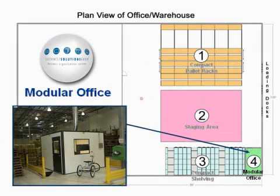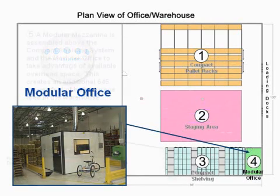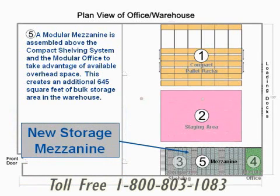So as a result, we added a modular office space to the back corner. And that, being an air-conditioned space and a small space, was very cost-effective and enabled the warehouse manager to be closer to the action. The next step was to install a mezzanine above the actual floor system, and that gave